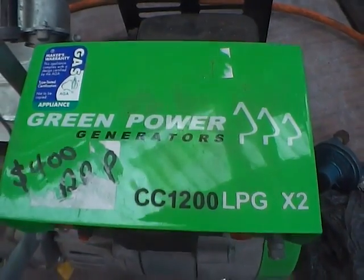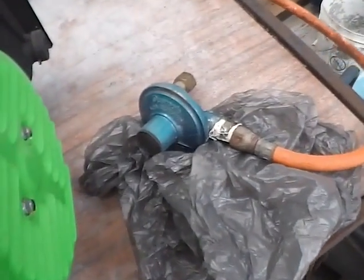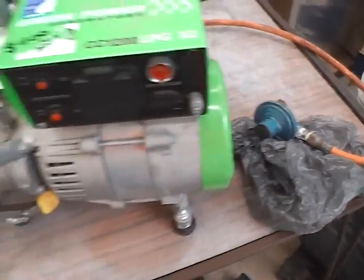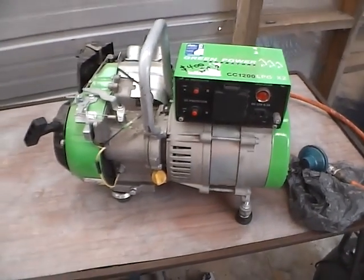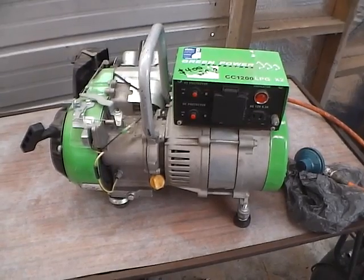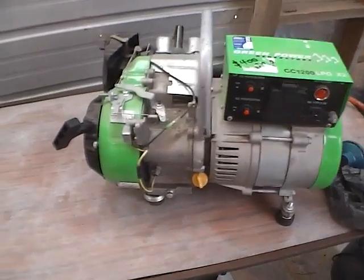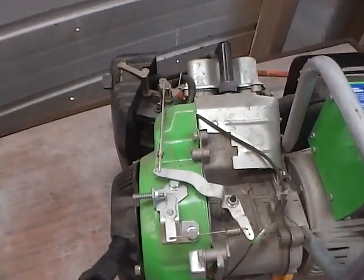How is this? LPG or propane powered generator. I got this at a second-hand place. $246 it cost me. And at first I saw it and I thought, it's one that someone's pulled apart and